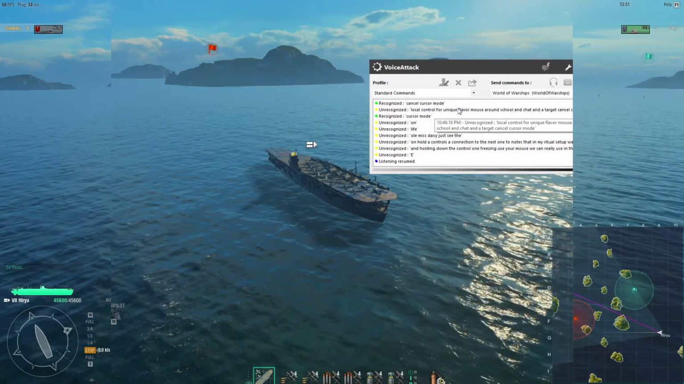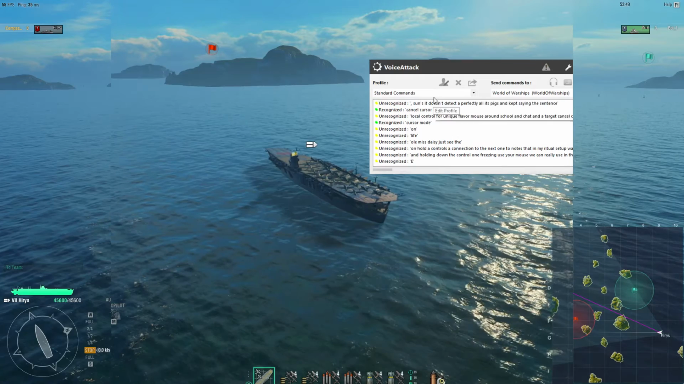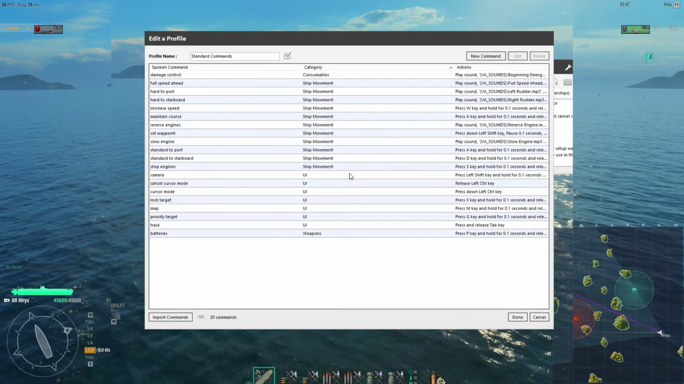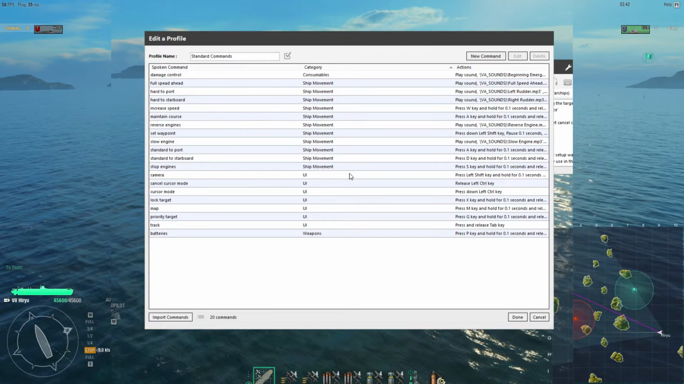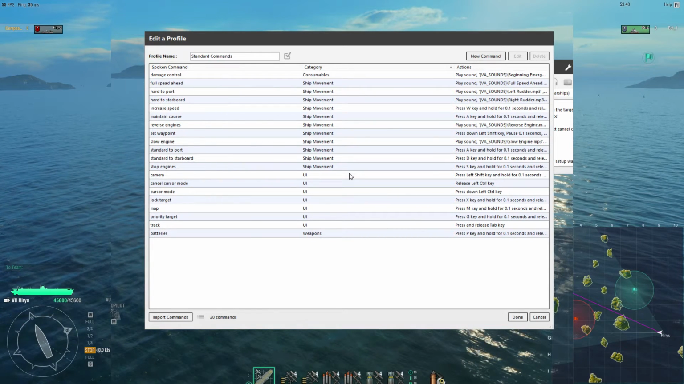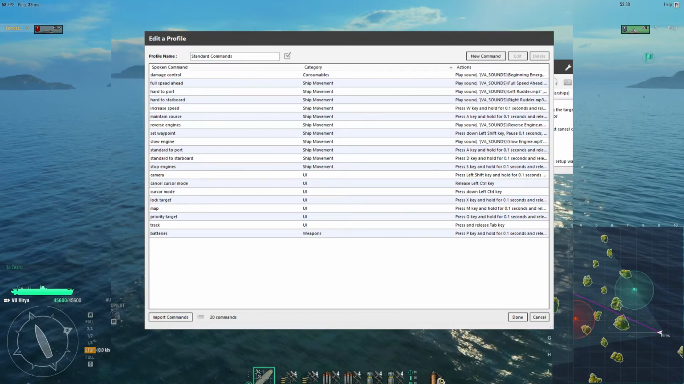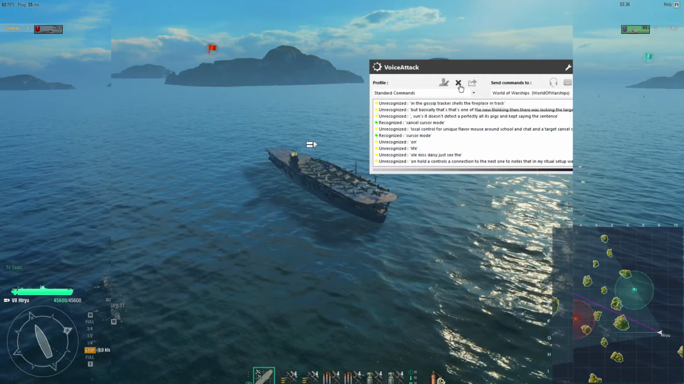Sometimes it doesn't detect it perfectly. Oh, it's because I kept saying the sentence. But basically, that's one of the new things you can get in there. There's locking a target, there's map, priority target, and then you can also track your shells when you fire by saying track. The next thing you have to import is